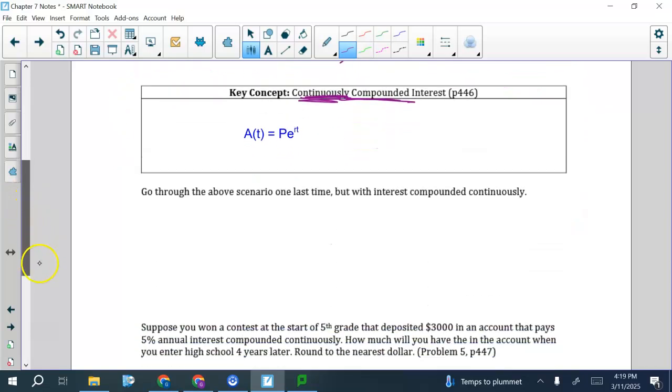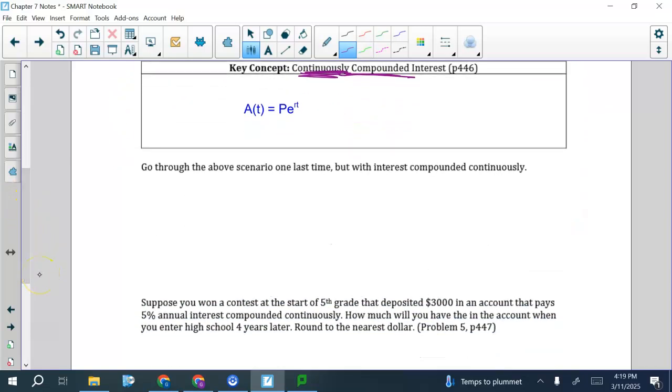Okay, so this was that P e to the r t equation. So we're going to do this one more time. The amount after 8 years of $1,000 e to the rate times time. Rate was 0.05 times time 8 years. So you don't have to have an n at all on this problem because we're not doing it